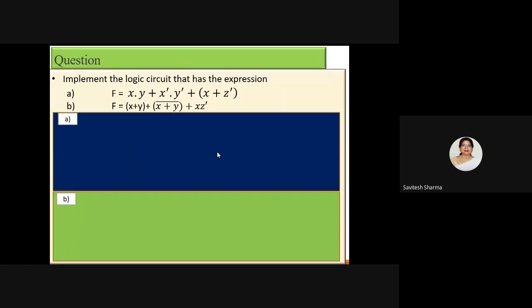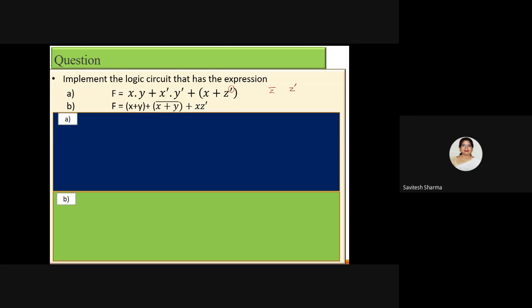So next, again, a Boolean expression is given and you need to do the implementation. There are two questions here, part 1 and part 2. Again we will repeat the same thing. Here it is Z complement. Previously, I was saying the over bar indicates complement. If this is the notation, you can use Z with a tick, so this will be Z complement.